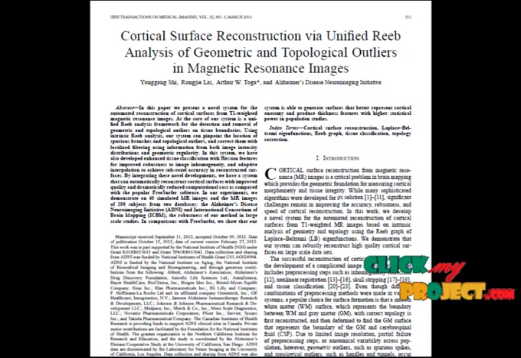Our system builds manifold representation of tissue boundaries and computes a LB eigenfunction. We develop a unified approach for the detection and correction of geometric and topological outliers. For geometric outliers, intrinsic reanalysis naturally leads us to perform a localized outlier filtering without causing unintended shrinkage to other parts of the context.